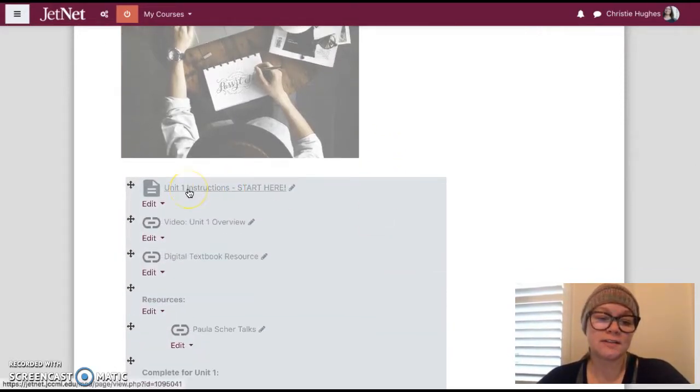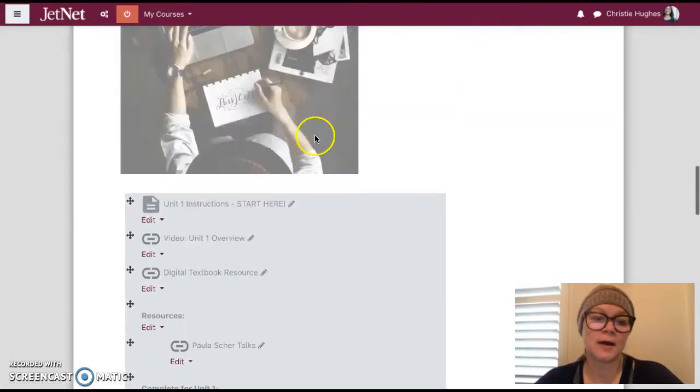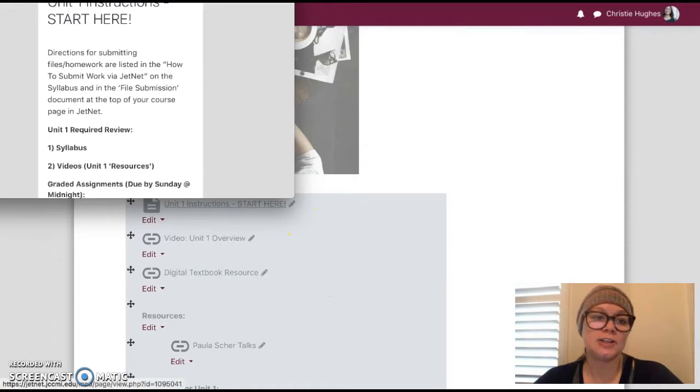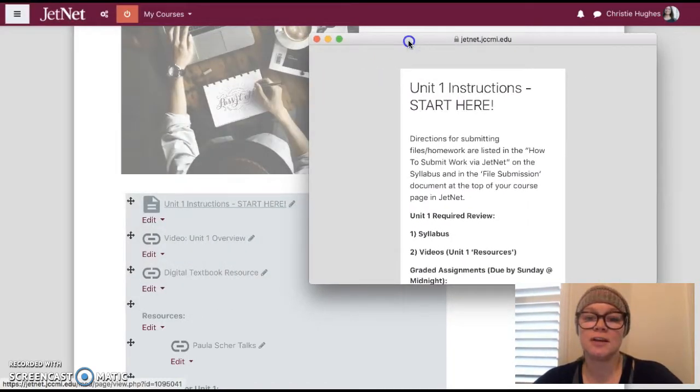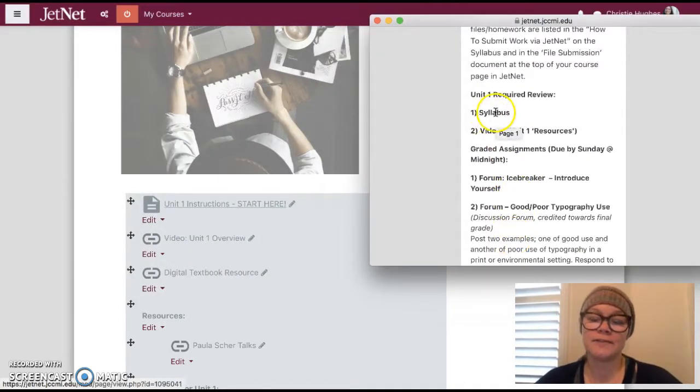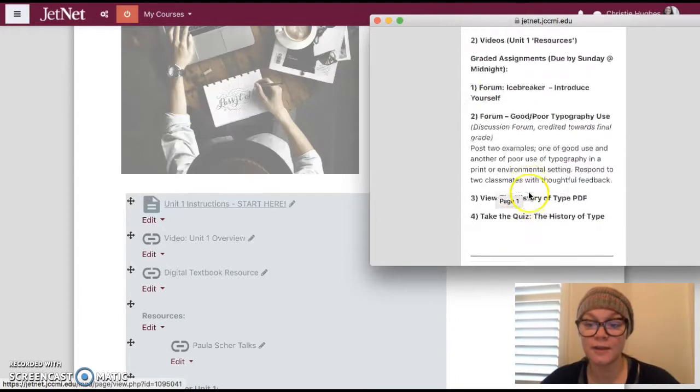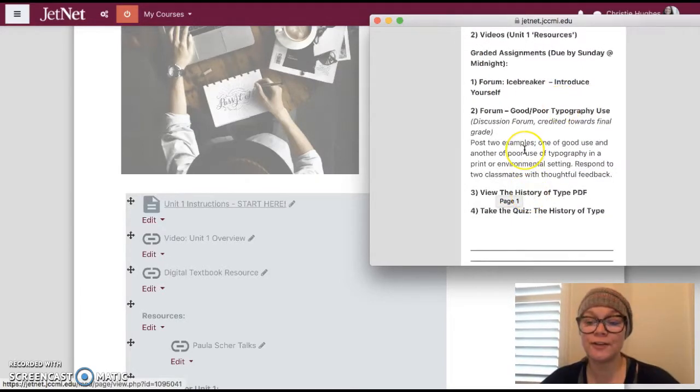We have instructions, and I'll generally have a video for each unit breaking it down. So I'm not going to get too into detail on the specifics for this unit, but I'll just go over real quickly. Each week, you want to open up the instructions. You'll read through it. Obviously, this week, you want to read the syllabus, the video resource that I'm going to give you, and then you'll want to complete a forum icebreaker, introducing yourself. You want to respond to people. It's very important to respond to people and check in every week on this